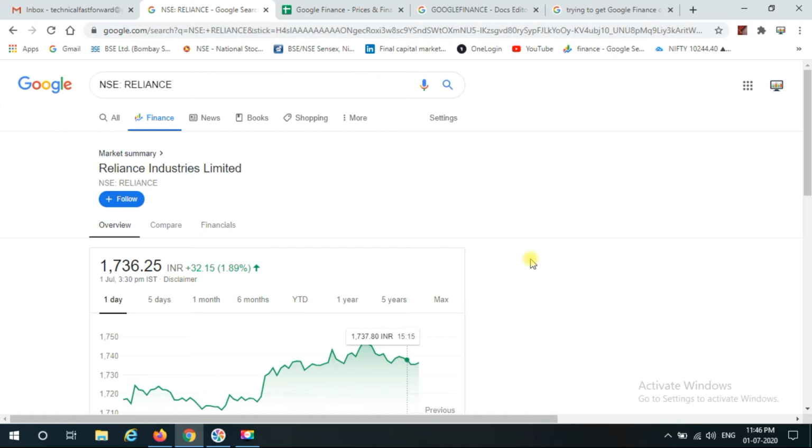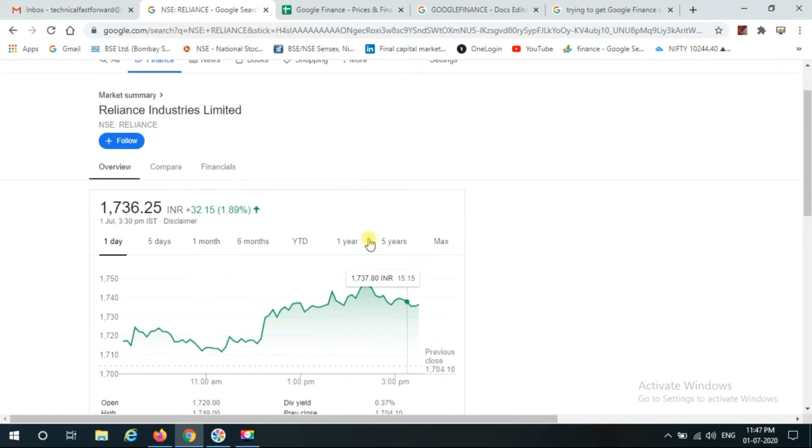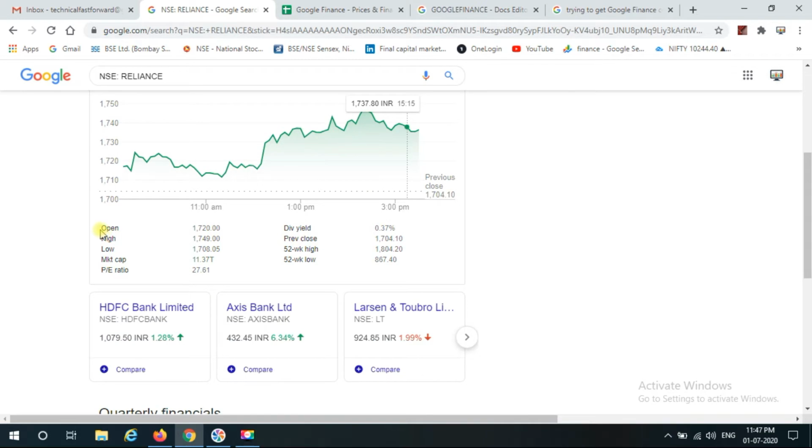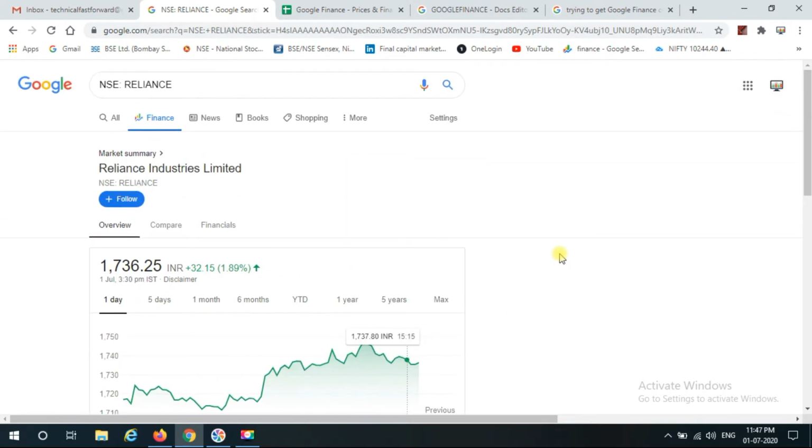At any exchange, if that stock price is available on Google Finance, you will get those prices in Google Sheets. As you see, this data is available. I'll show you a demo as well of how to extract this.